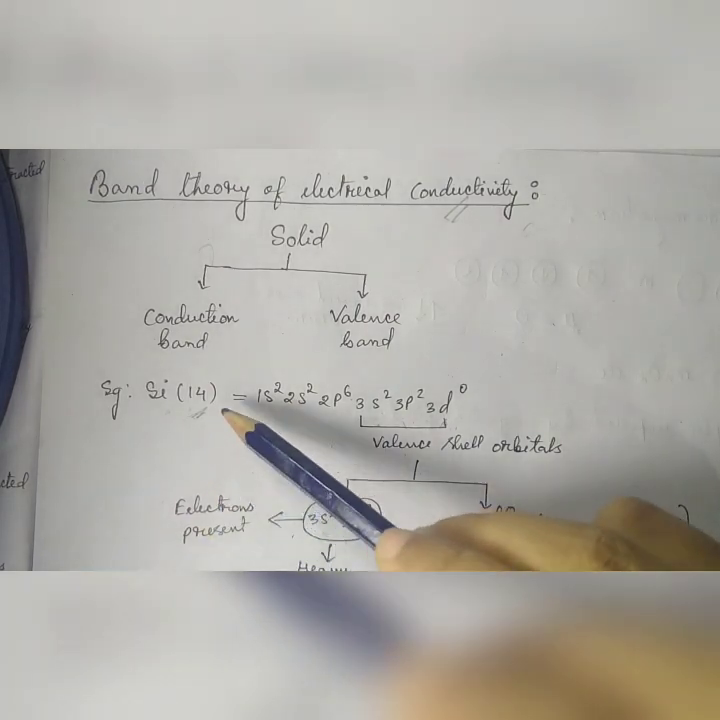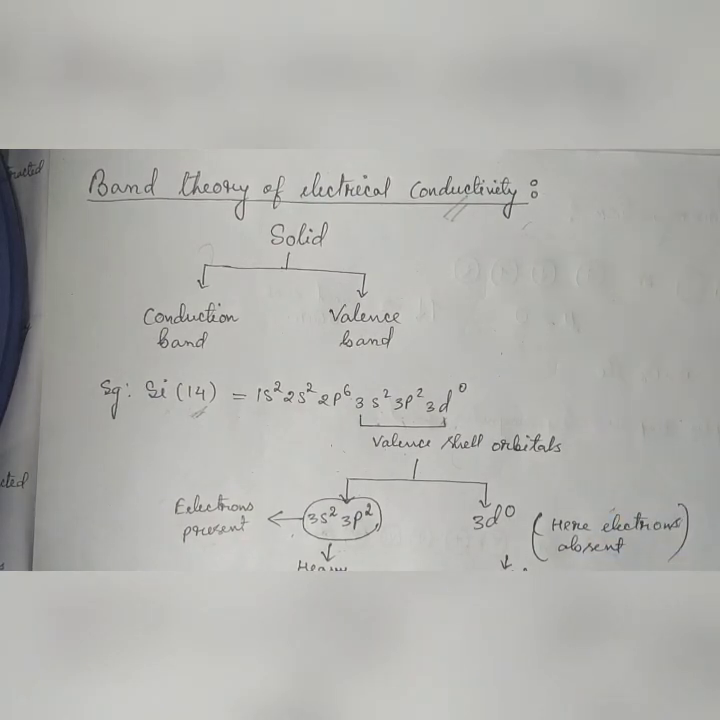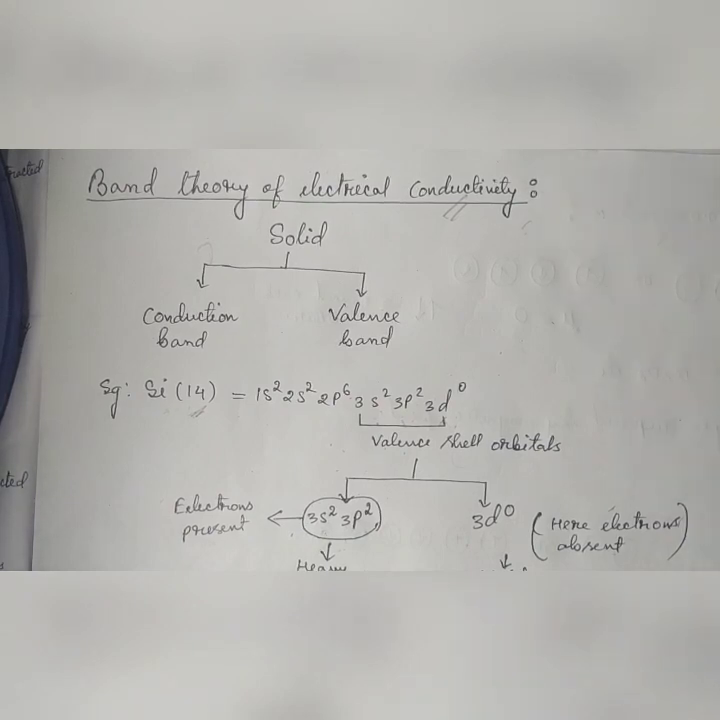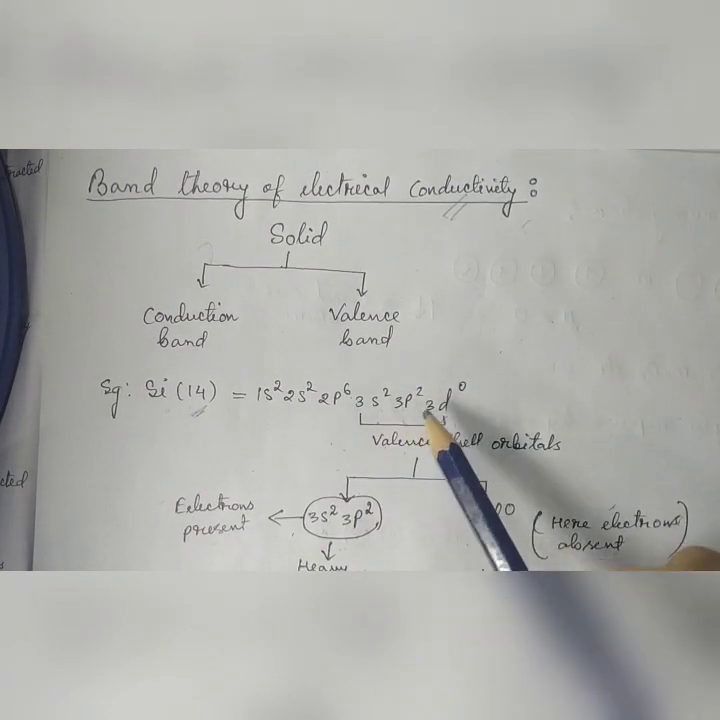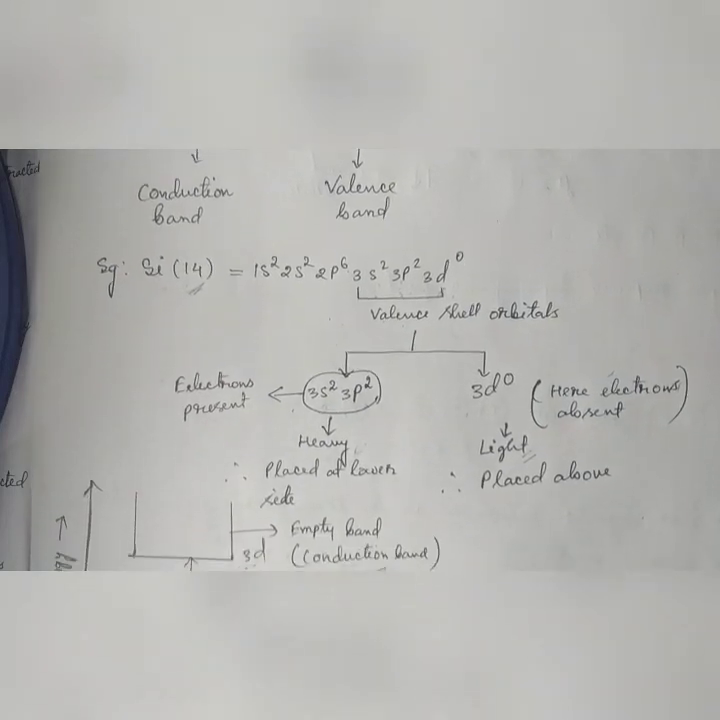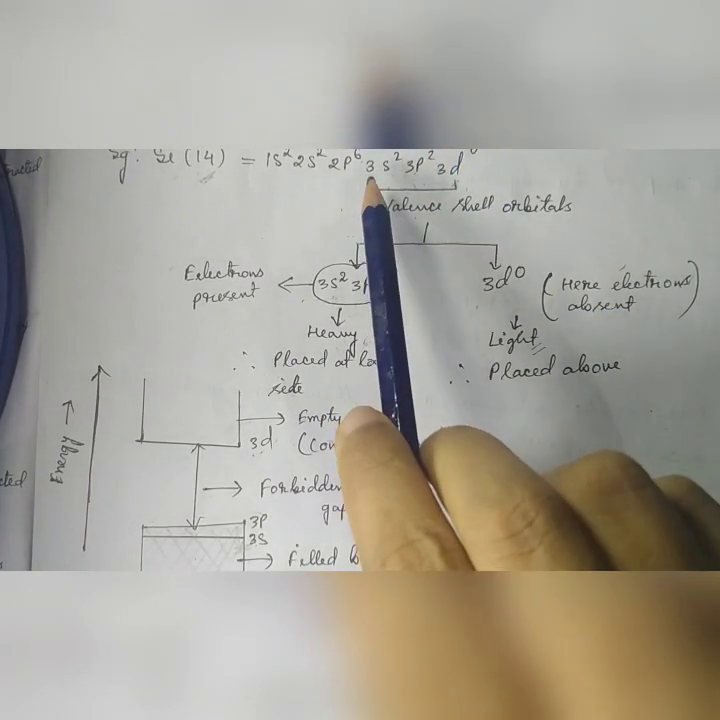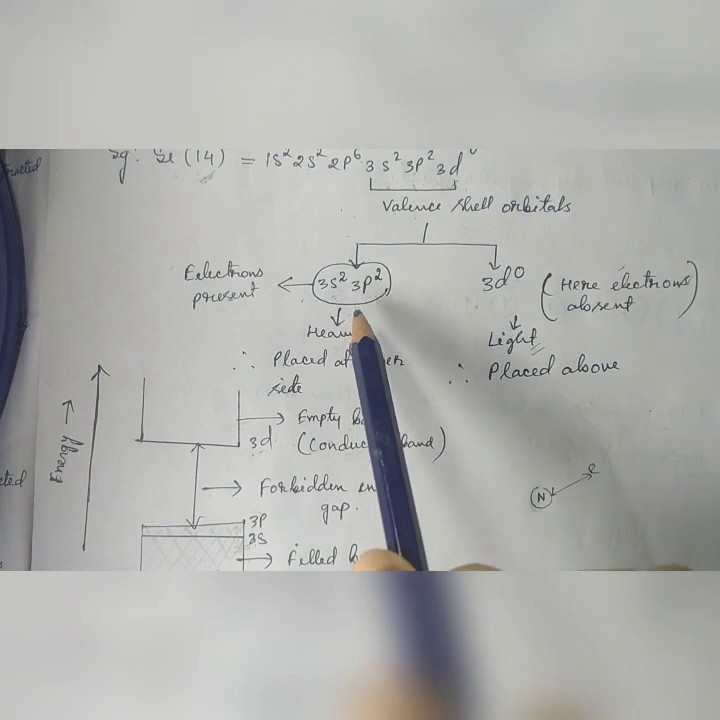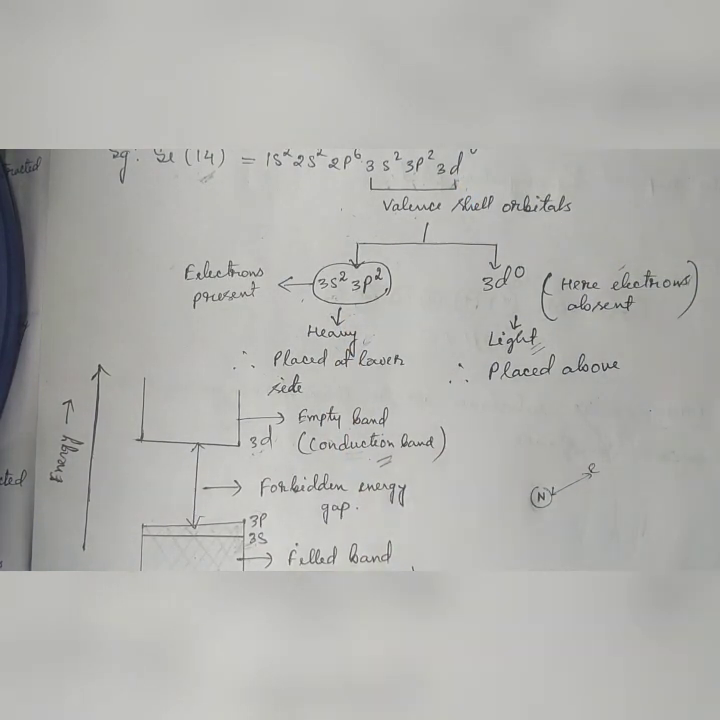Now we know that the atomic number of silicon is 14, and this is the ground state electronic configuration of silicon: 1s2, 2s2, 2p6, 3s2, 3p2 and 3d0. Yes, and these are the valence shell orbitals of silicon: 3s, 3p and 3d. So here there are two types of valence bands. The first one is that this 3s and 3p orbitals which have electrons, and this orbital 3d which doesn't have